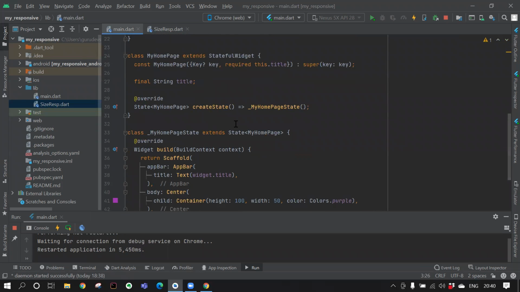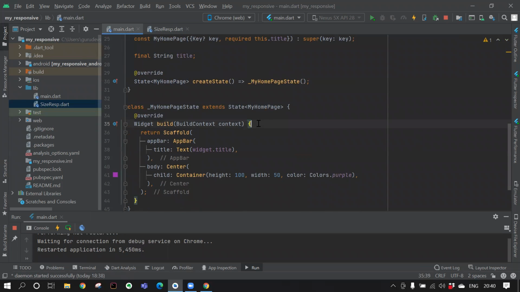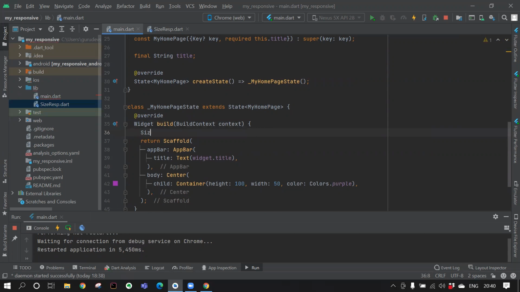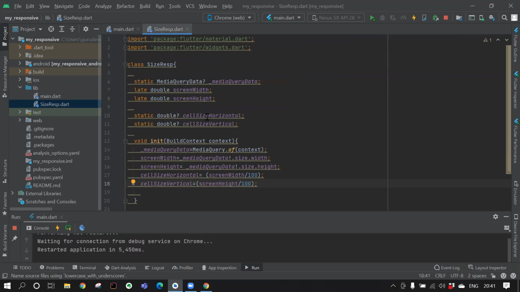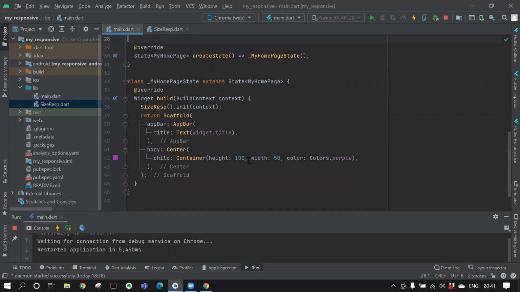After importing this, we'll pass the context to the init method. After passing this context, we are good to go for using the size ref dot cell size vertical and cell size horizontal at the given height and width.